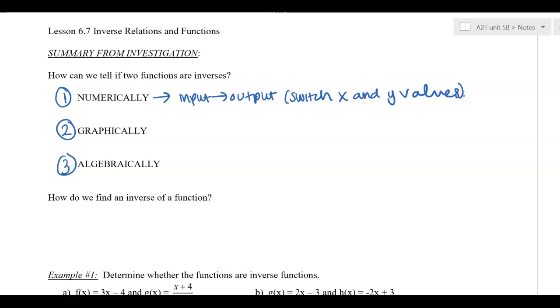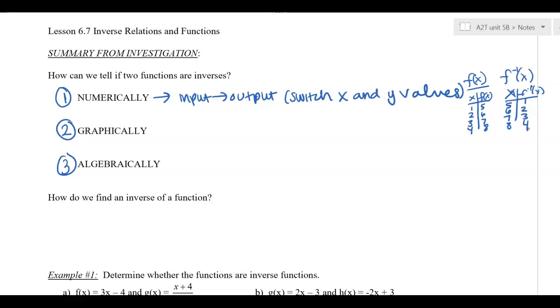So that meant that if I saw a chart for an original function and I had x's and the outputs for these, and let's say I had 1, 2, 3, 4, 5, 6, 7, 8, then for the inverse function, you would see that when you put in the outputs of the previous function, they gave you back the original inputs. And you should have seen that in the chart in your investigation, that you kept getting back the same values if you plug them into